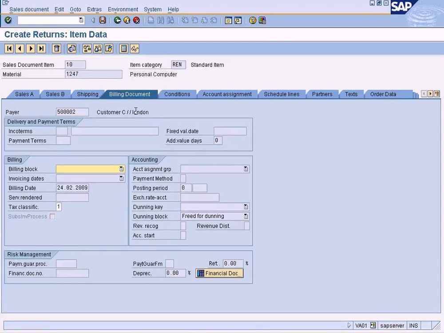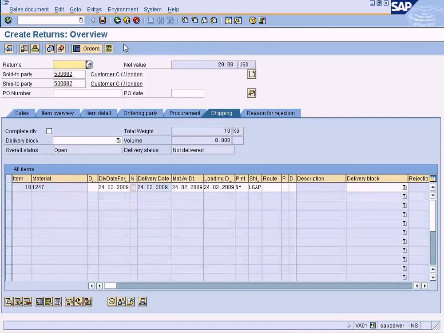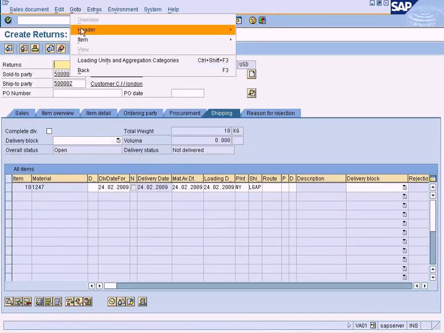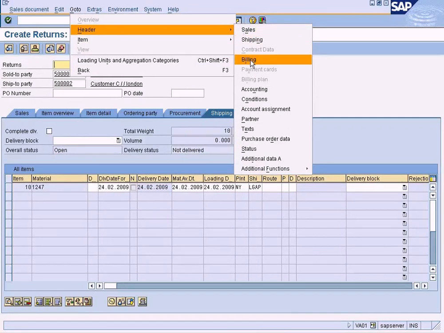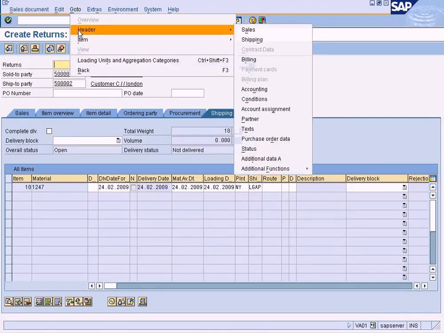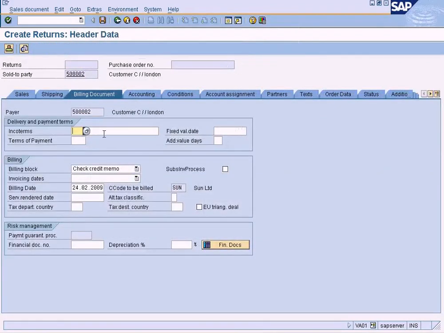This is under billing document header. Okay, I found a way to actually go to billing document header. Just come to this main screen and go to header, billing, and